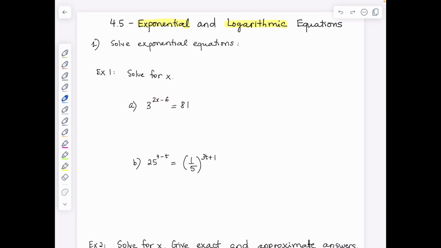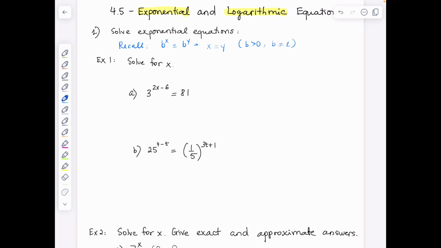So part one, solve exponential equations. I want to recall a very important property, the equivalence property, where we have if b to the x is equal to b to the y, then we can claim that x is equal to y, with the condition that b is a positive number and b cannot be 1. So let's apply that